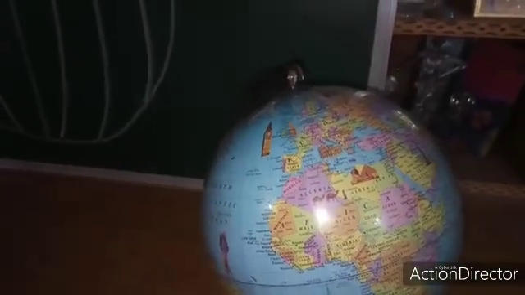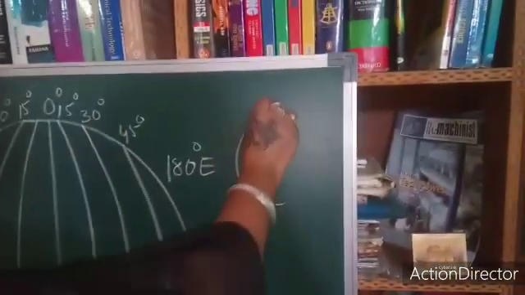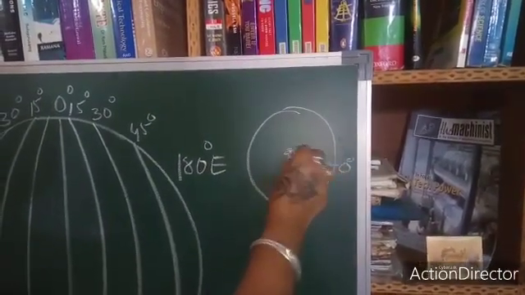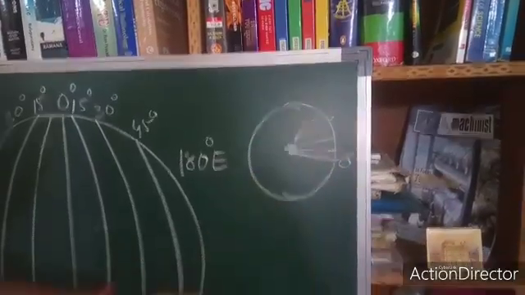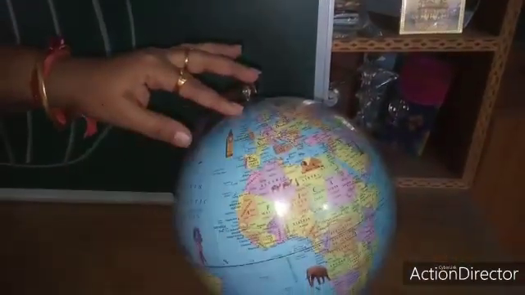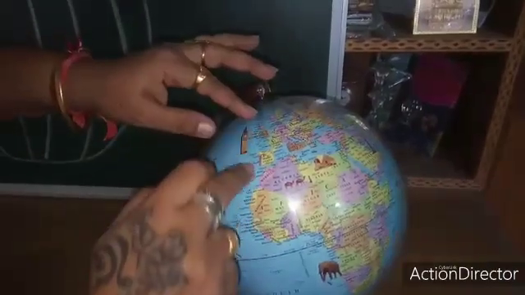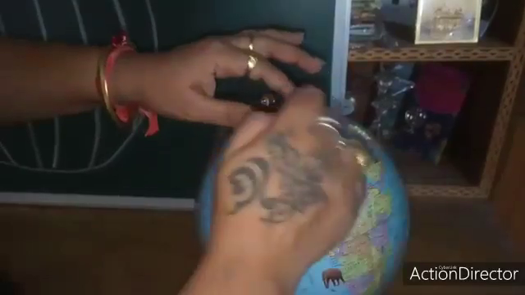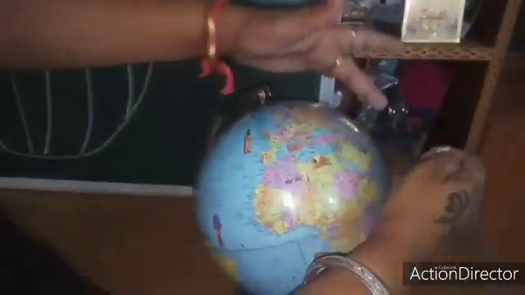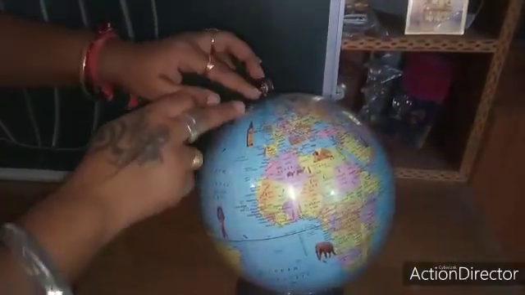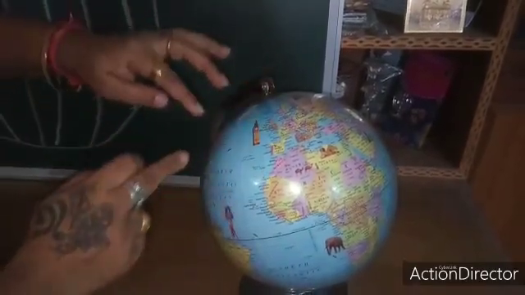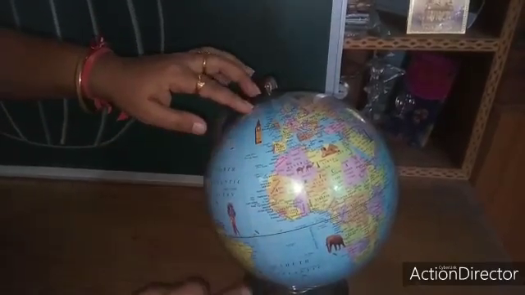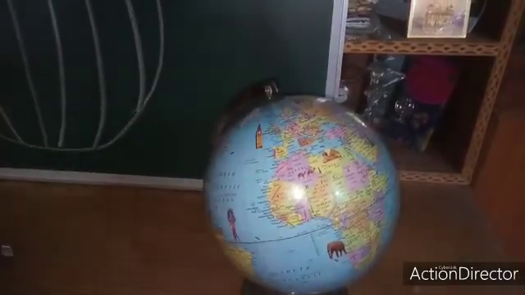Suppose this is Earth from the top. Here, this is 0 degree. From this prime meridian, the marking starts. So here is 1 degree east, 2 degree east, 15 degree east, 30 degree east, 45 degree east, and so on. Up to 180 degree east, it goes this side, and on the other side, 1 degree west. The longitudes on the west side are 1 degree west, 15 degree west, 20, 25, 35, and so on. It is like that.